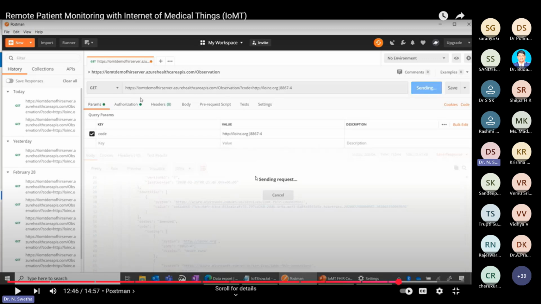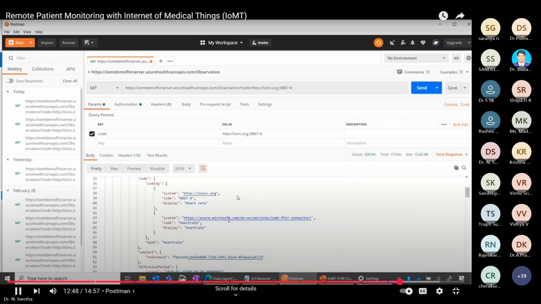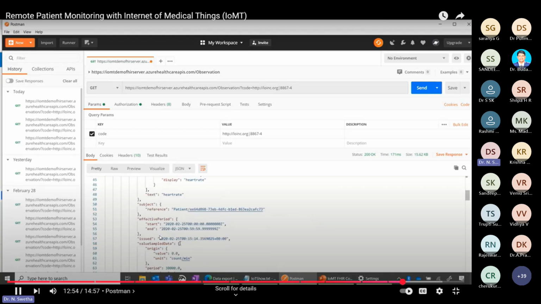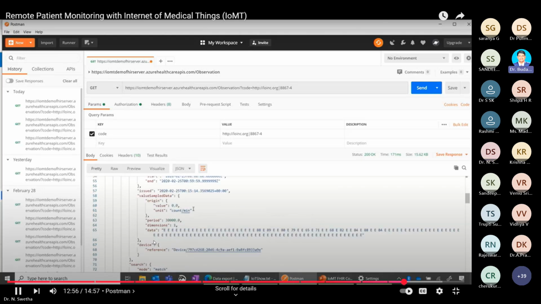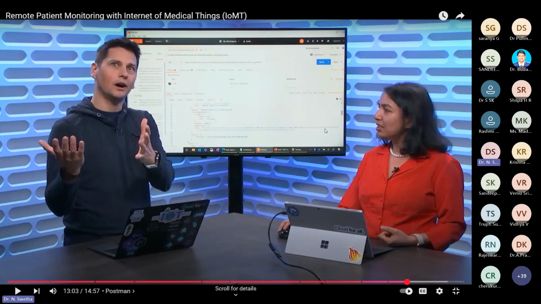See, this is the observation endpoint, and this is the code. Respiratory data. This looks like a complex output, but generally what you can share is simple: only heart rate and only respiratory rate, anything you can import,